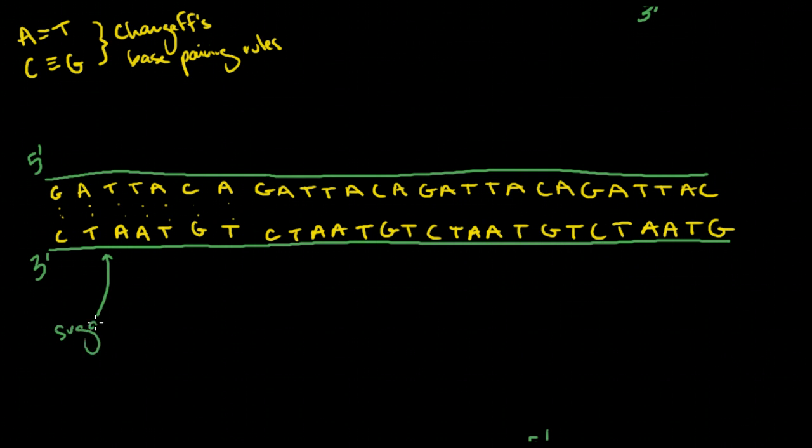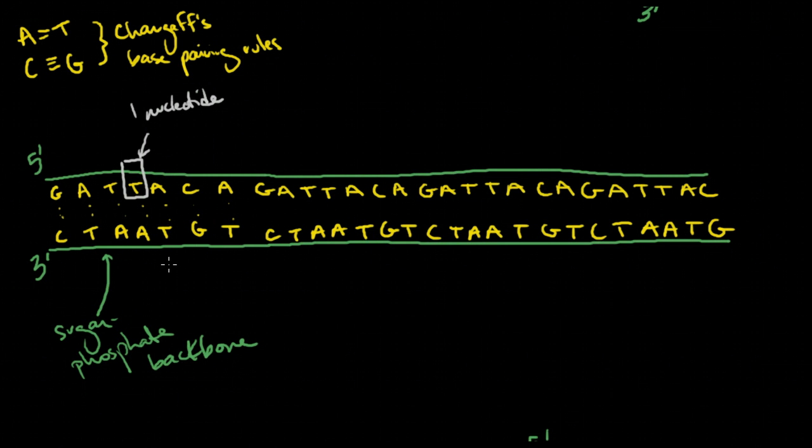represent the sugar and phosphate backbone. So remember that every nucleotide, and here we would say is one nucleotide. Well, these are the monomers that make up the polymer of DNA. One nucleotide is a deoxyribose sugar, a phosphate, and